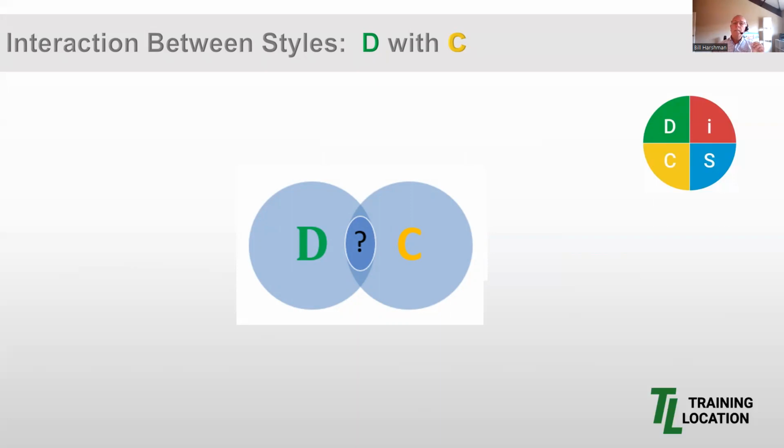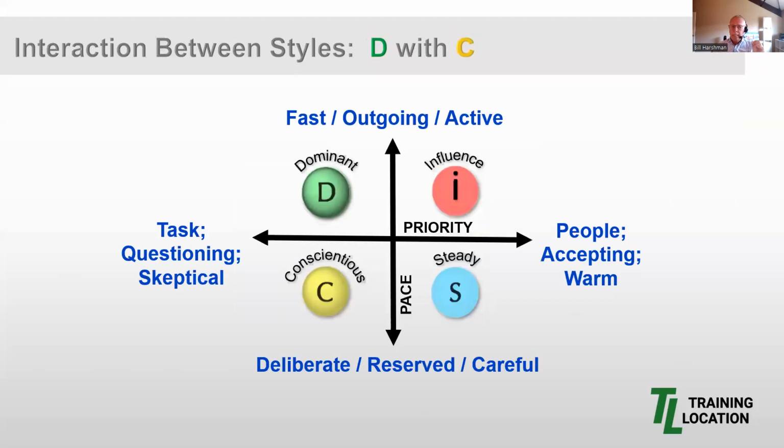I ask that you review these observations to see if there are similar type pairings in your world and how the discussion today might help understand and even potentially avoid some unexpected outcomes. Whether you're a manager or non-manager, this insight could be helpful to improve communication and understanding. Here's our model again to help remind you of where the D and the C styles fit into our grid, showing the similarities and the differences we just discussed.